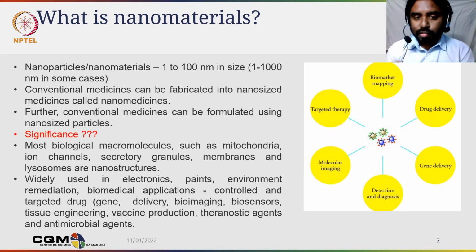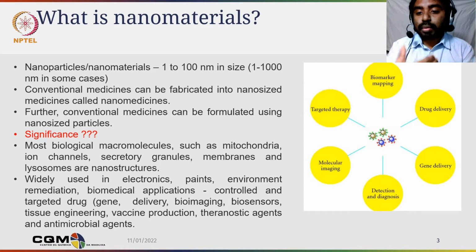Because most of our biological macromolecules like mitochondria, ion channels, secretory granules, membranes, viruses, DNA, and the components inside bacteria are all nanostructures. For a nanoparticle it is easier to interact with these nanostructures,